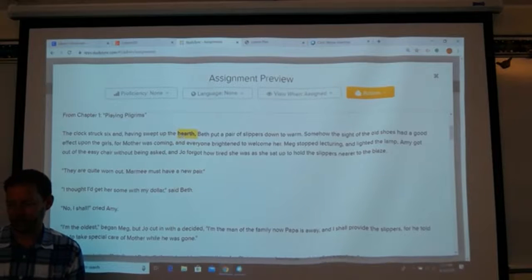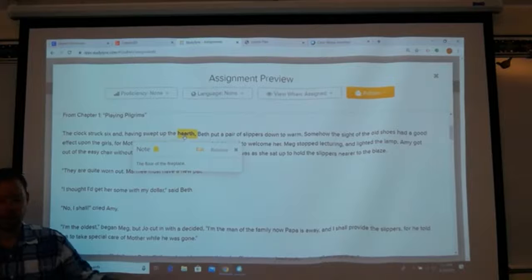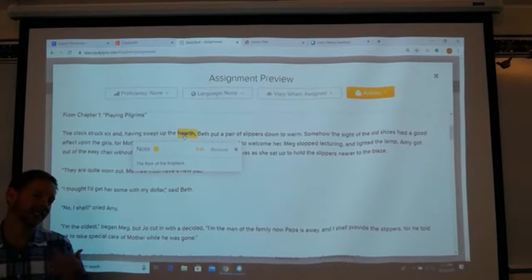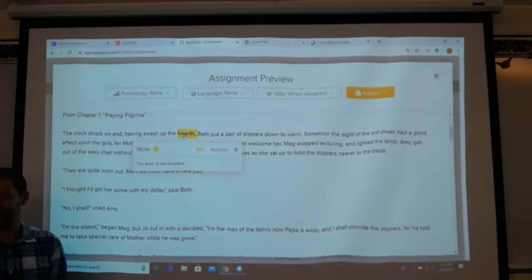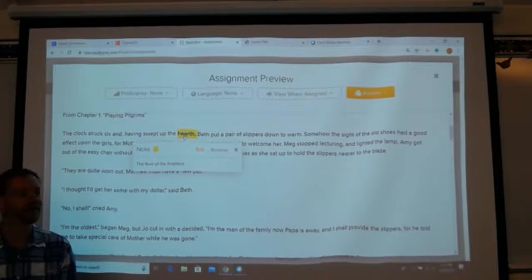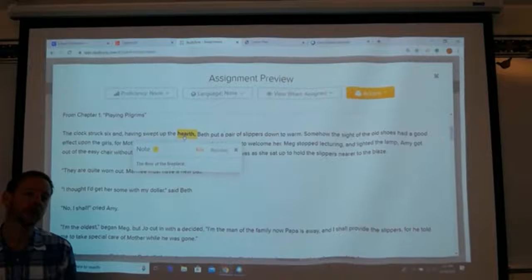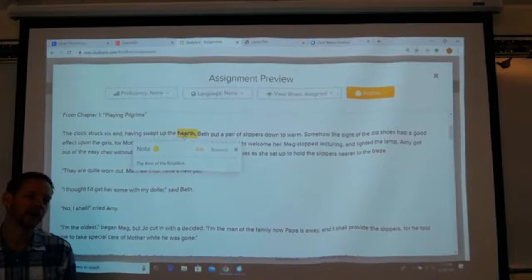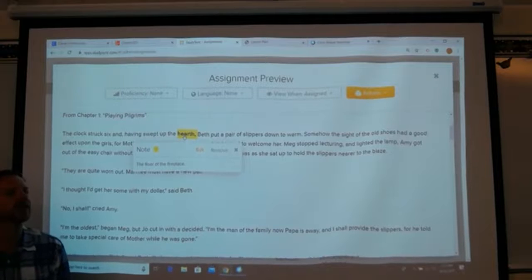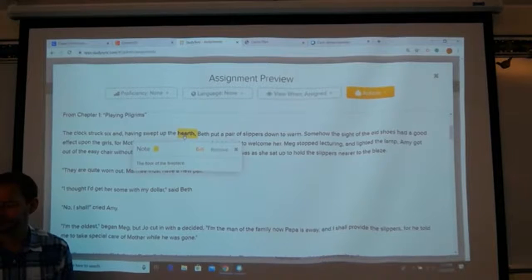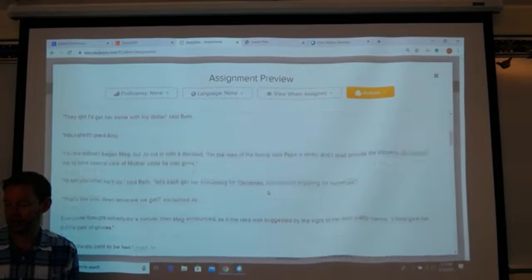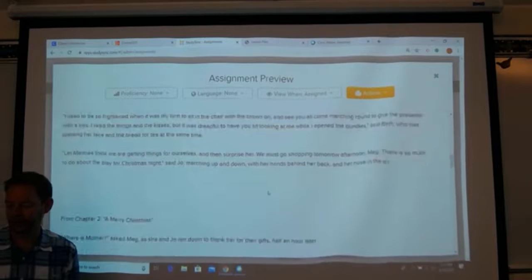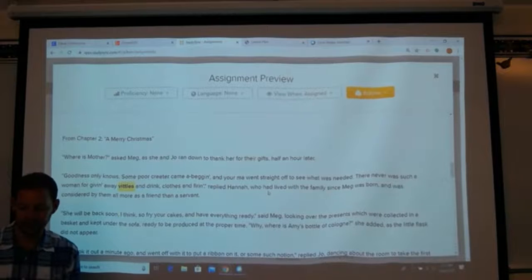So when we click on the word, I've already put the note in because, again, this is my second recording. The first one got lost somehow. So we have the floor of a fireplace, okay? You can go ahead and change that if you didn't get the meaning, but if you were close to the meaning, if it's similar, you can leave it, okay? All right, so that's hearth. Let's continue down now, and we have victuals.